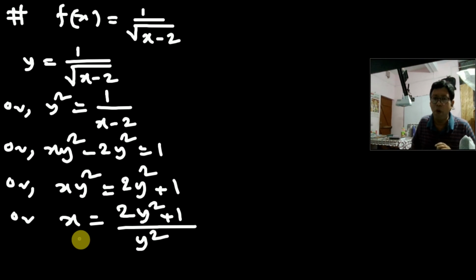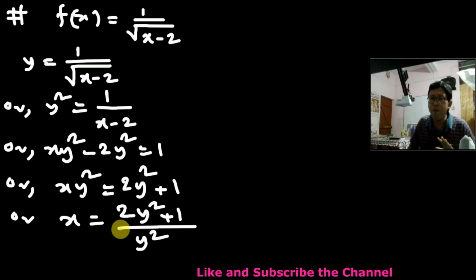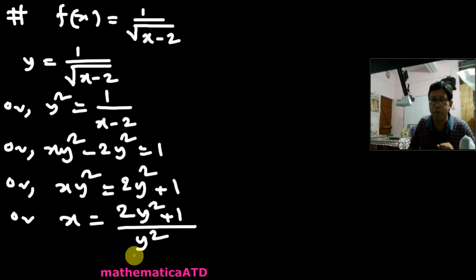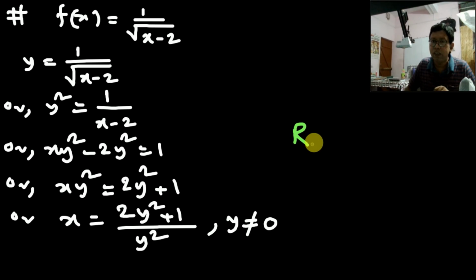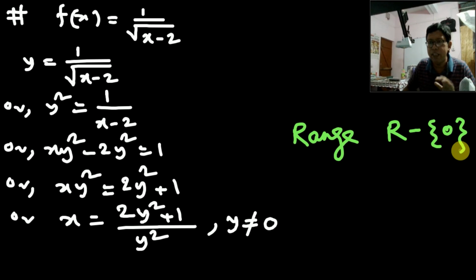Now obviously you will follow this one. This is also another interesting question. You find a polynomial divided by a polynomial in the right expression, so the denominator cannot be 0. That means y cannot be 0. In this case you acknowledge that y cannot be equal to 0. So what will be the range? Obviously you think that the range will be R minus 0. It is the first knowledge that the range will be R minus 0, because y is in the denominator and the denominator cannot be 0.